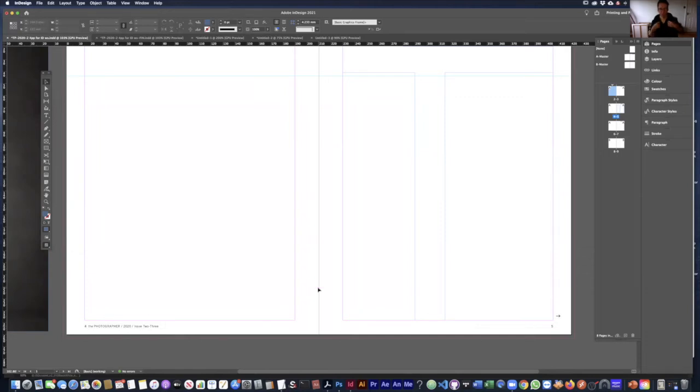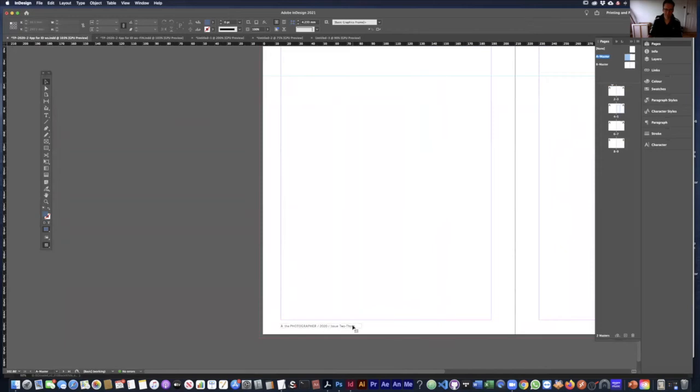Now, something might happen, and there might be a conversation or a delay, or something happens in the world, like a worldwide pandemic that we weren't expecting, and the whole magazine or 200 pages of a book might need a change to that footer. And you don't really want to have to do that 240 times, and you want to be confident that it's going to work. And so if I needed to do that, I would go to my master and I'd say,